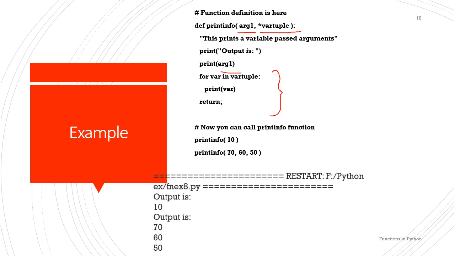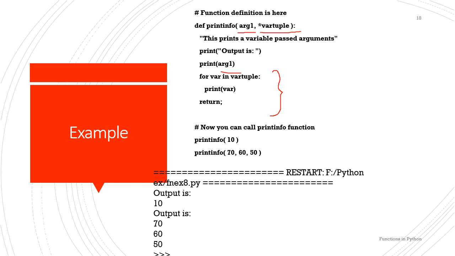So see the output. In the first case, we are passing only one argument which is assigned to argument 1. In the second parameter, no values are assigned to the variable length argument. So we'll get the output as 10.